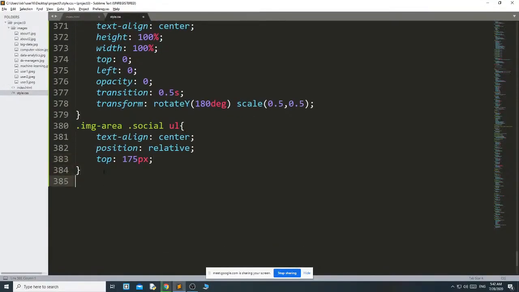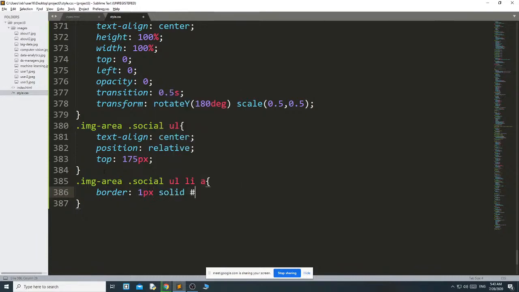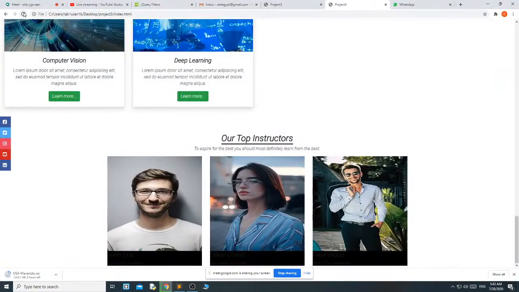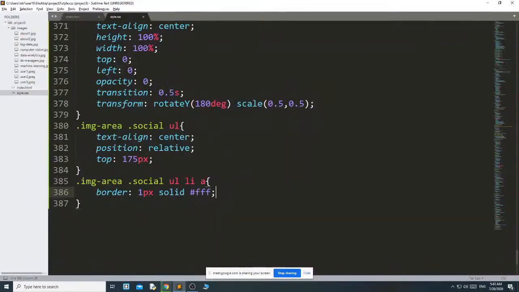For that, .image-area .social ul li. Border, I am going to give one border so that it will be visible: 1 pixel solid white color. You can see that, there is a border.